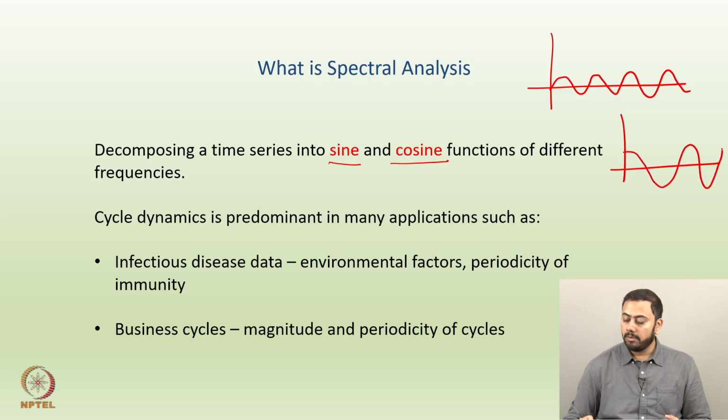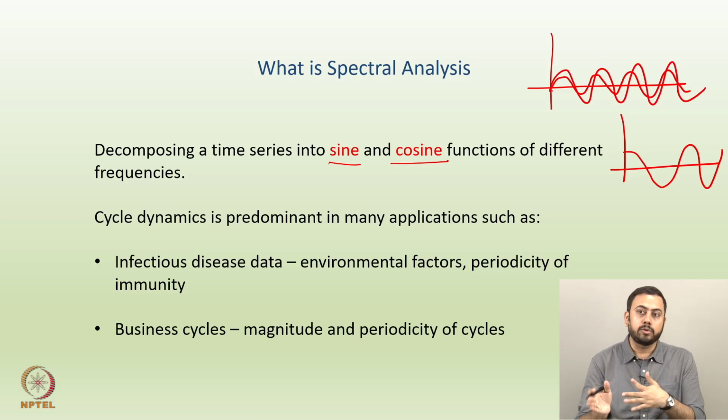What do I mean by different frequency? Can you translate the frequency, or the length of the oscillation? For example, can I tweak the sine by incorporating some constant here, such that the curve would be something like that? Again, this won't be exactly a sine curve, this will be a combination of different sine and cosine curves.